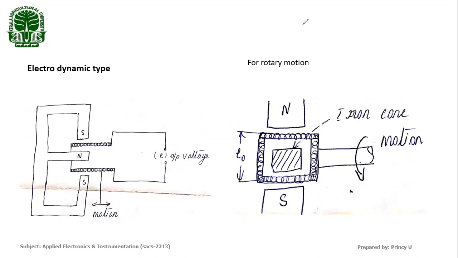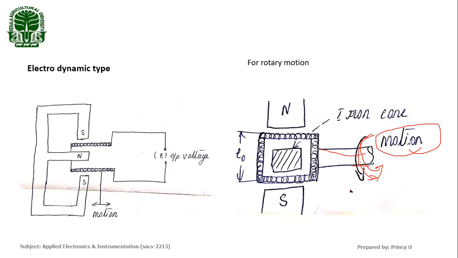Okay. If we want to measure a rotary motion, ഒരു rotational motion ആണ് measure ചെയ്യേണ്ടതെങ്കിൽ, we can use the same electrodynamic type transducer to measure the rotatory motion. Rotatory motion എങ്ങനെയാണ് നമ്മൾ measure ചെയ്യുക? The hollow cylinder is attached to a shaft. This shaft is rotating, and that rotation is attached to the primary sensor. That means the shaft is attached to the primary sensor which produces a rotational motion.